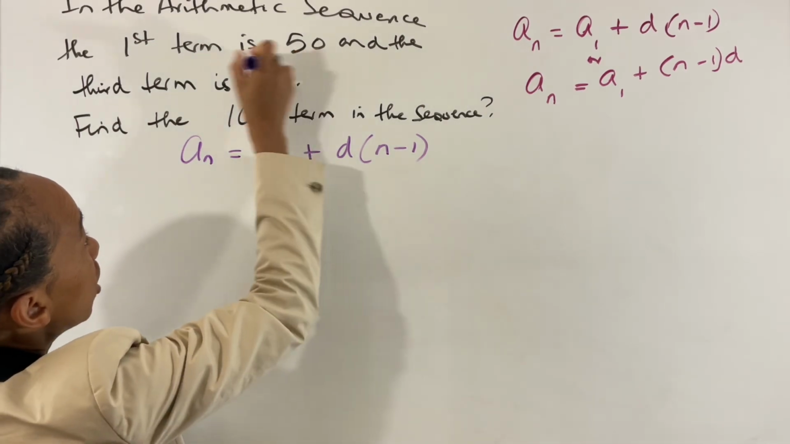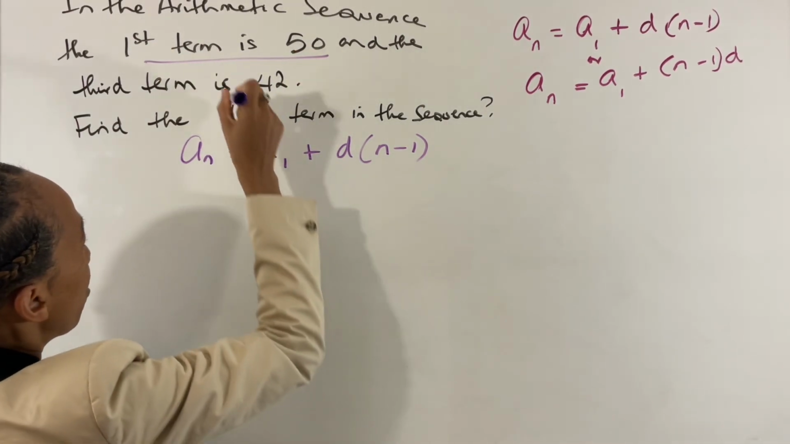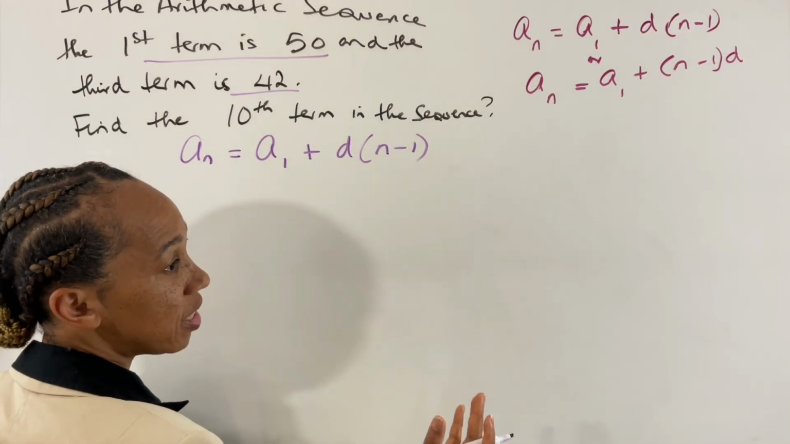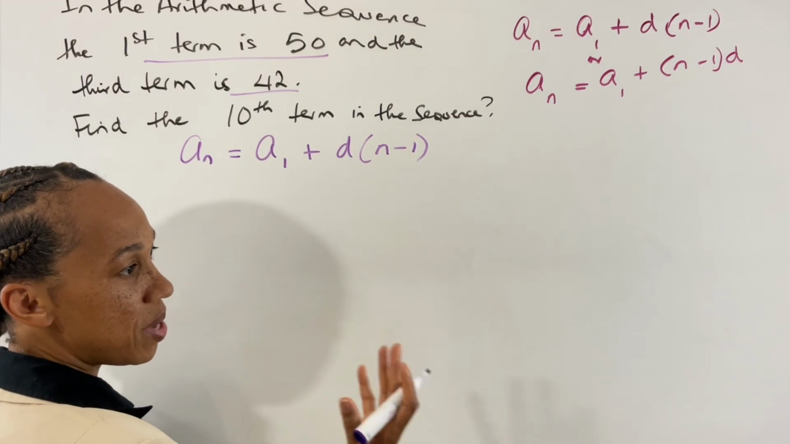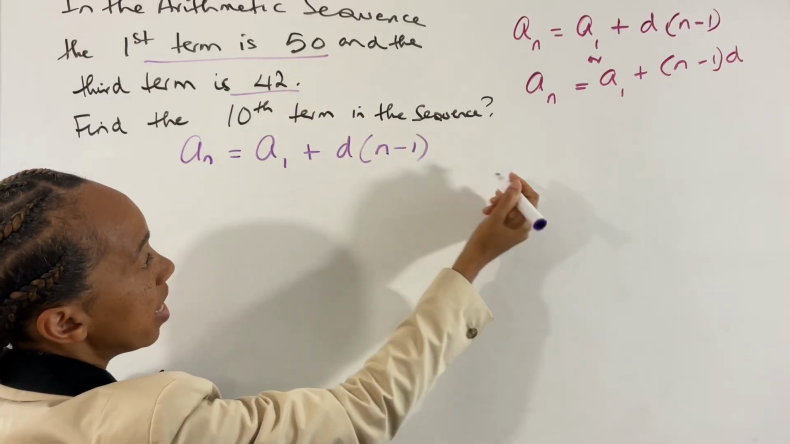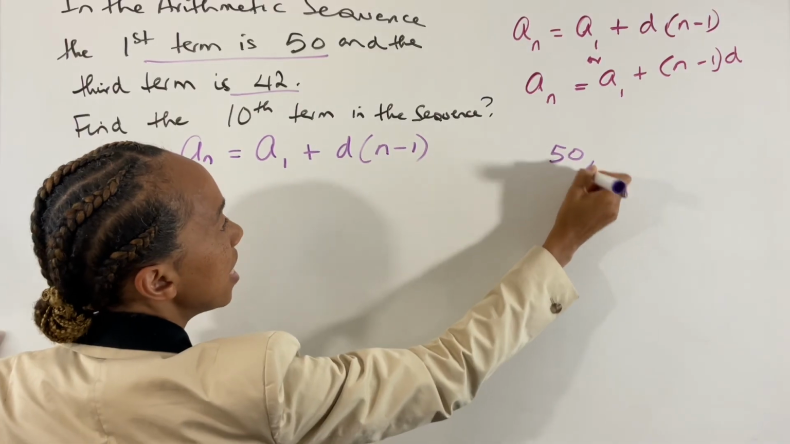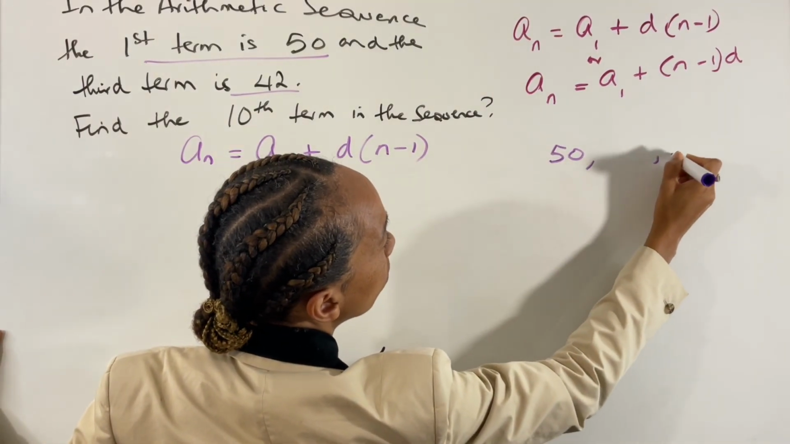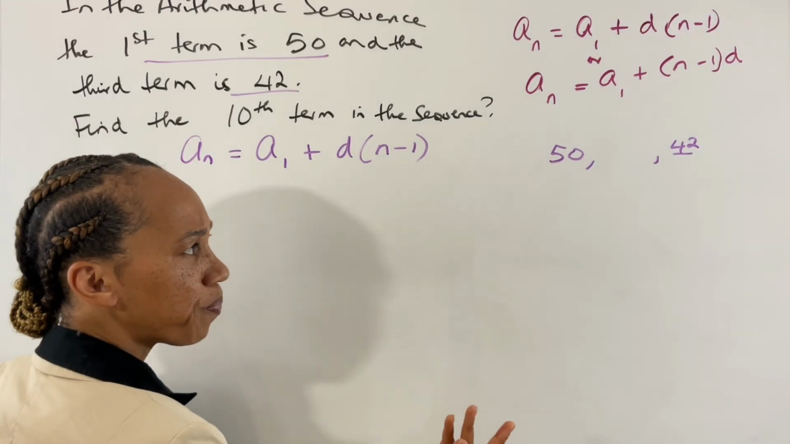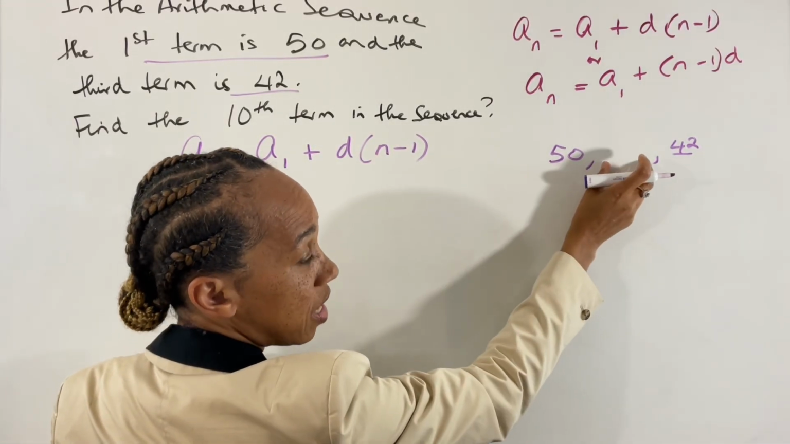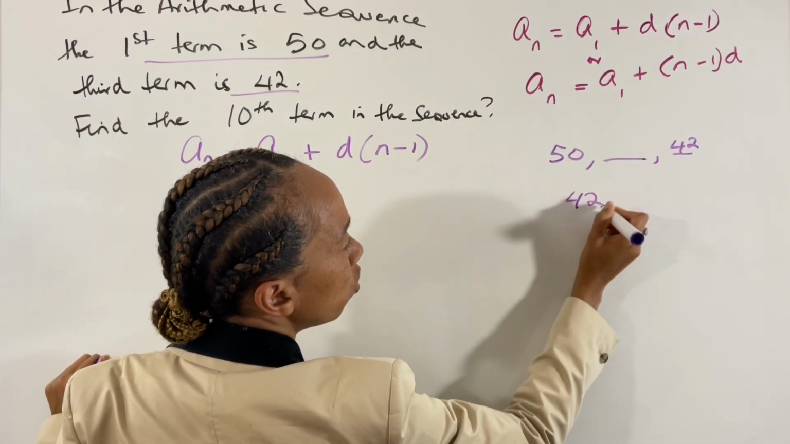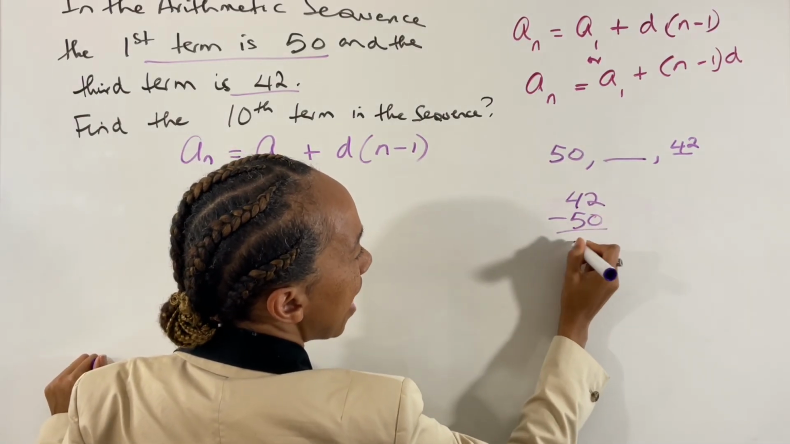Now, the first term is 50 and the third term is 42. So if we look at this, we will note that there is going to be a common difference here. The numbers start at 50 and you can even write it over here. You have 50 and then the third term is going to be 42. So what you can do to find d, you are missing a number here, right? And we don't know what it is. What we're going to do, we're going to take the 42 minus 50